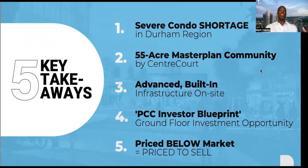So for anyone who wants to get into the real estate world, it's very challenging to get in with your first home being $1 million. I can tell you my first home was not $1 million. But I do live in a larger home based on building the equity and starting from small and working my way up. As I mentioned before, it's a 55-acre master plan community by CentreCourt,